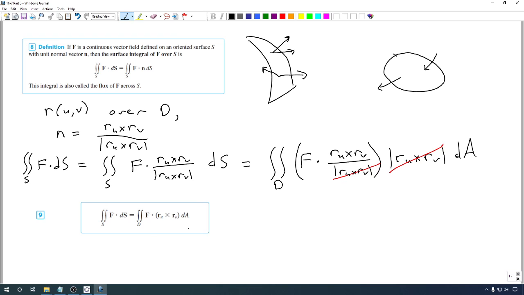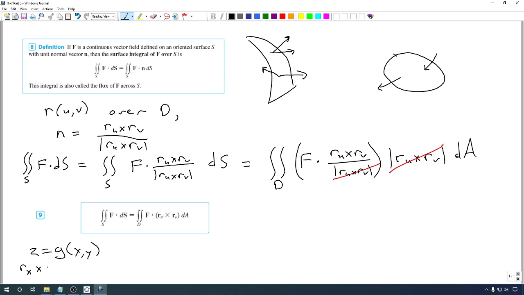Of course, in the special case of z equals g of x, y, we can do kind of the same thing. Remember, we had our parameterization where we set essentially x equals u, y equals v, and then our z component, which is g of u, v, or we can just leave it in terms of x and y if you want to. In that case,